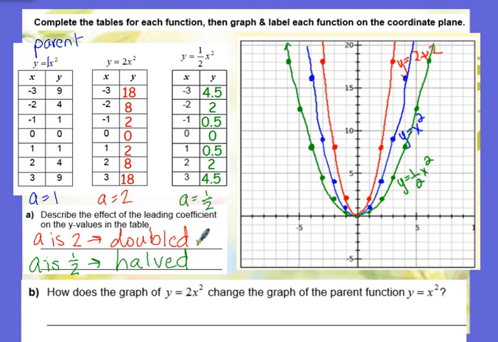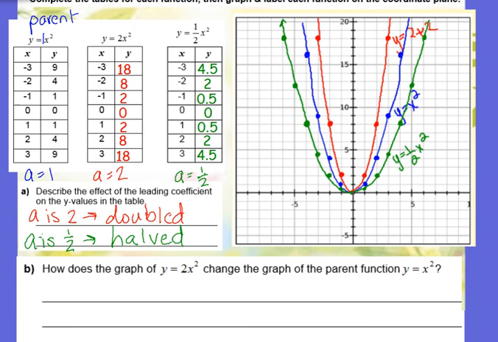Okay, now let's analyze the graph a bit. Letter B. How does the graph of y equals 2x squared, so we're looking at the one here, the one in red, change from the graph of the parent, y equals x squared? So how does the one in red change from the one in blue? I'm hoping that you notice that y equals 2x squared makes the parent